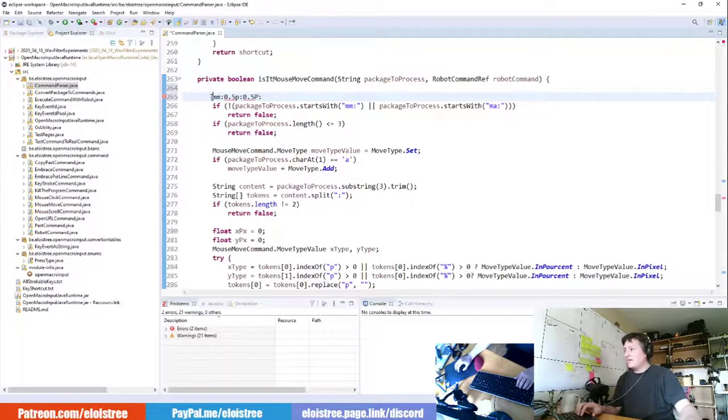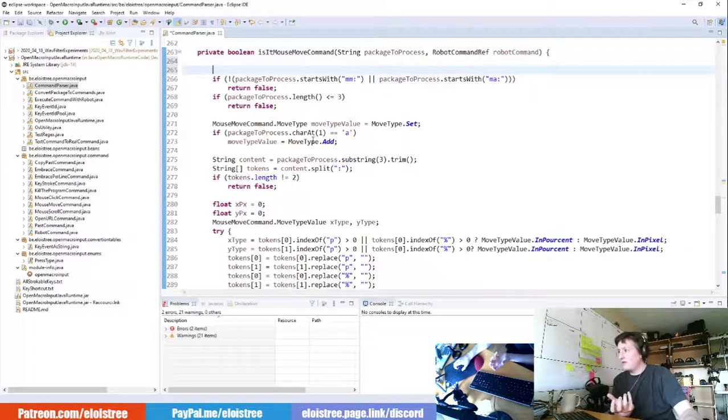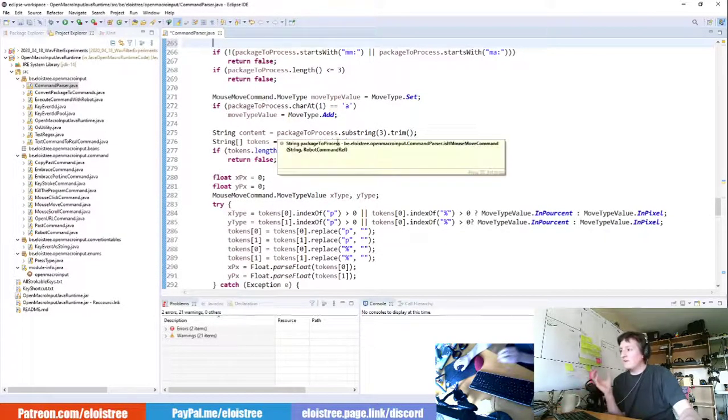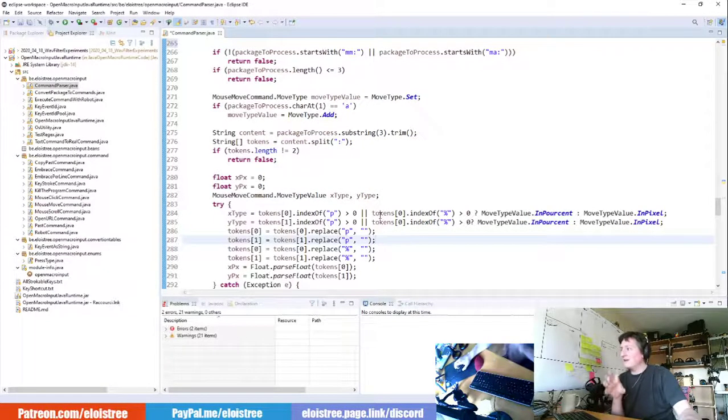So I will take that and I will check, is it moving the mouse or is it adding some small distance? If I put A here, it will instead add some distance to my mouse. So you can see that basically it's just some small text that I'm sending through the Wi-Fi to your PC. I try to understand it and then I apply it. I will not go through all the code because it will be a long video, and really it's already a long video. But basically that's what I'm doing. I cut this small text, I create a class and I execute it.